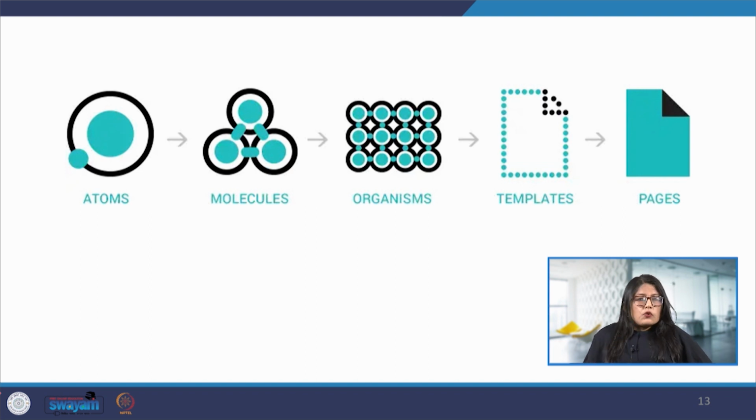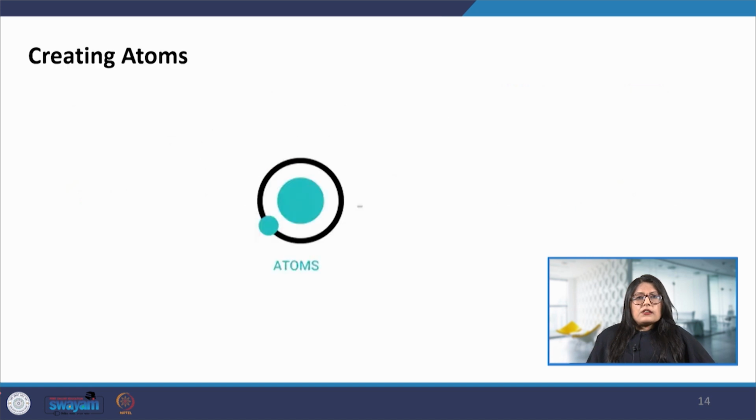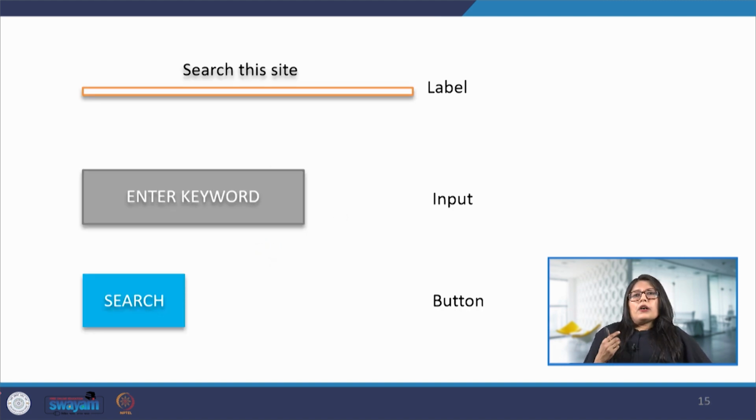This is what it is all about, and we can see that the first is the atom. So, creating the atom. Now, an atom is the smallest element which cannot be broken down any further, and by themselves they may not be very useful. For example, we have any label or any kind of input or a button. By themselves they may not be really functional, but when they are put together in a larger system, say